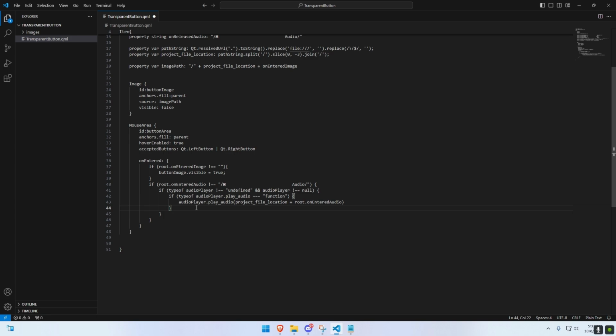Now we're going to come right off this, and we're going to come in with an else. And within this else statement, we're just going to do some prints so we know what's going on. So this is the error for the audio function itself. And what that print's going to be is playAudio function not found within the playAudio class. And we're going to come down to the second one, which is the other if, and we're going to do another else statement. And from here, we're going to say